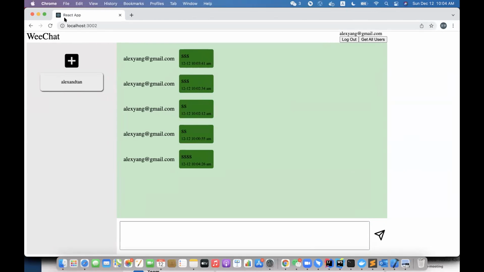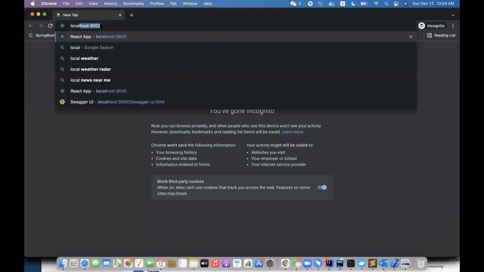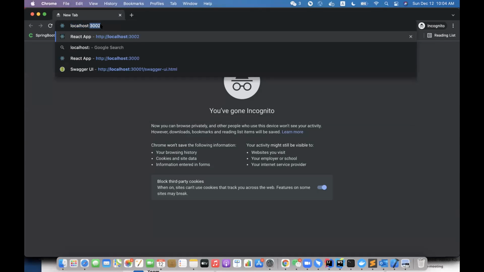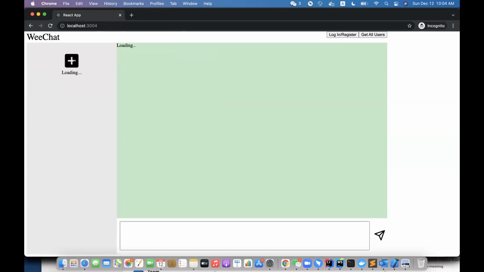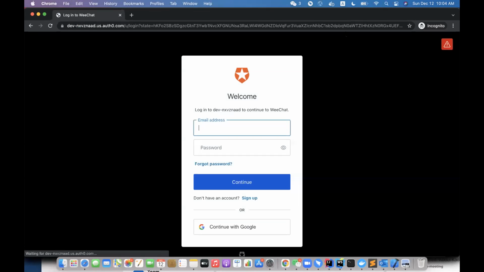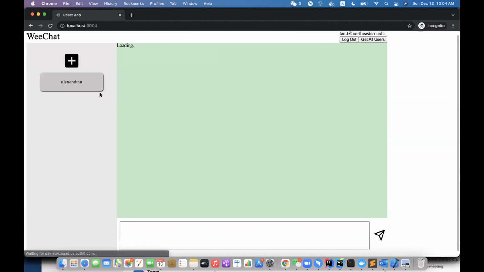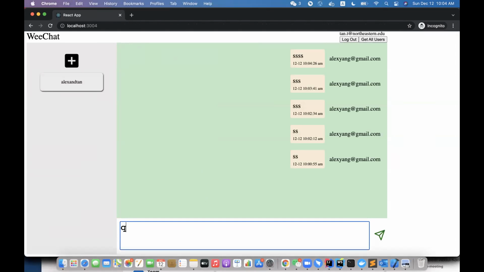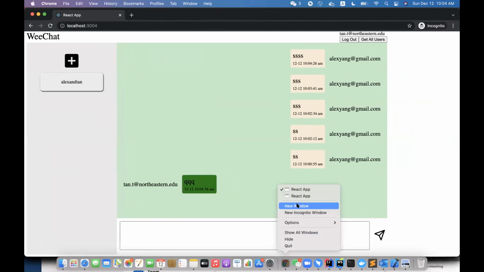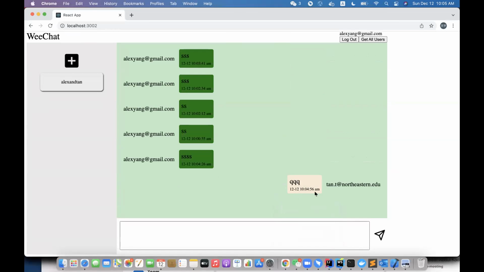On the other one, yeah, we need to log in here as that one. We send 3 queues here, and then we got it here. That's good. And then